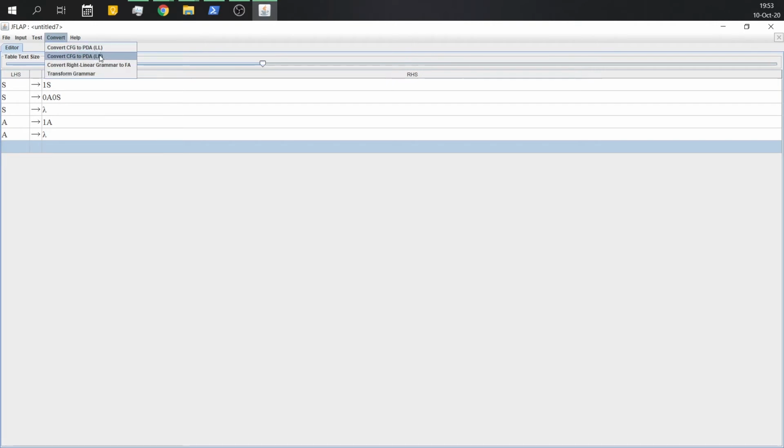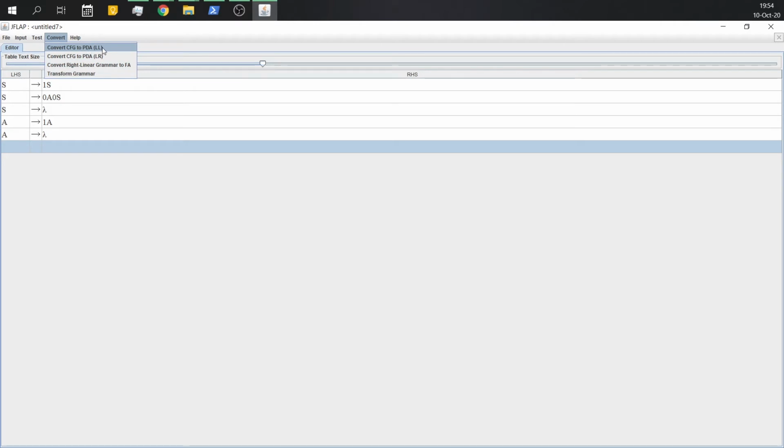The PDA is of two types, LL and LR. Both types parse the string from left to right. But in LL type, it follows leftmost derivation and it generates the tree in a top-down manner. But in LR type, it follows rightmost derivation and the tree generated is in a bottom-up manner.